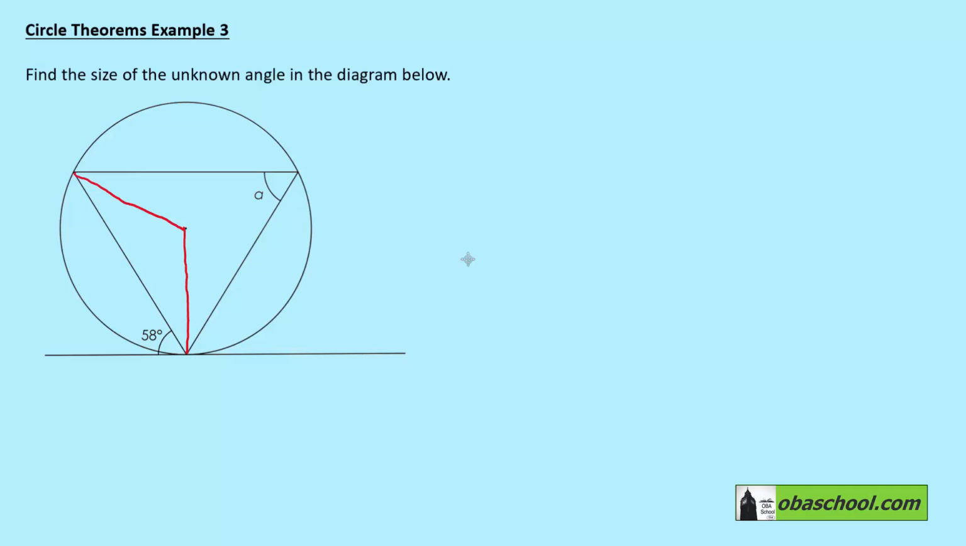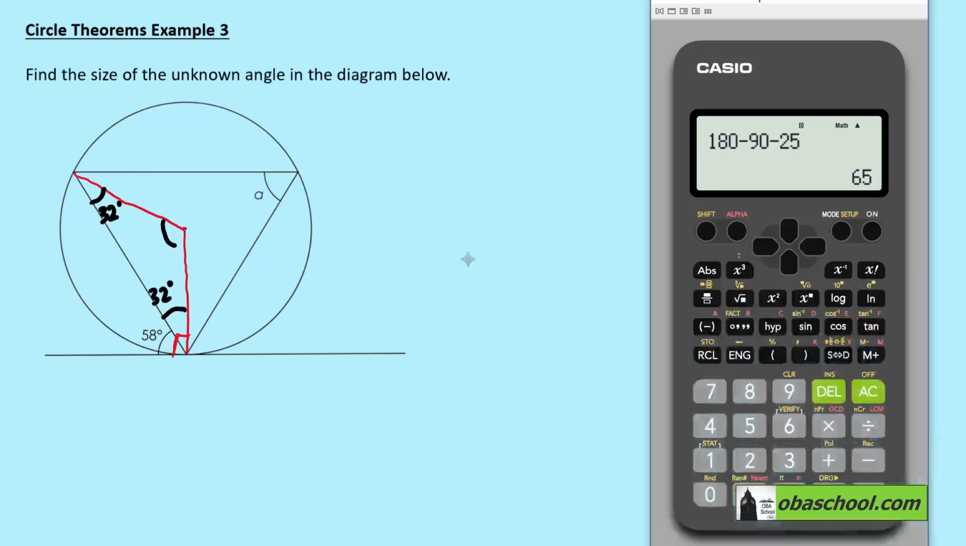Then because that's a radius and this is a tangent, we know that this is 90 degrees. That would make this angle here 32 degrees. Because we have an isosceles triangle, that would make this one 32 degrees. And that would make this angle here, using the 3 angles of a triangle, 180 take away 2 times 32. So that one would be